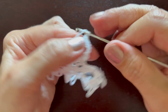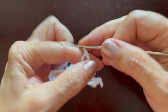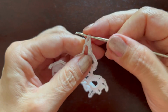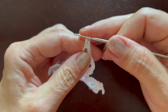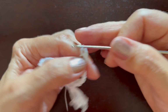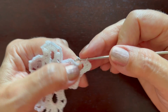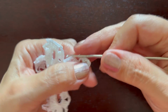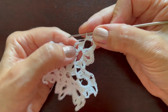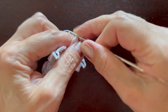a double crochet, a triple crochet, 1, 2, 3, and a double crochet, 1, 2. Now 3 single crochets in the same chain 7, 3 single crochets in 3 double,